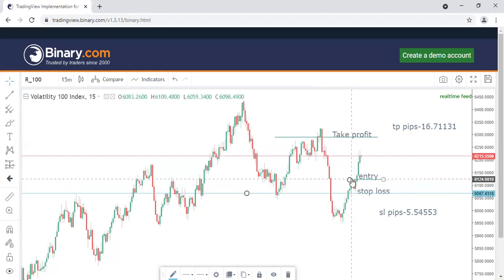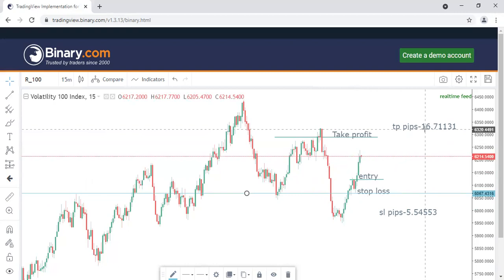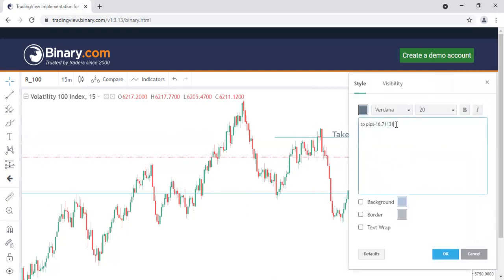All right. So now for the take profit, let's assume I want to leave the trade. The trade is going well, or you actually want to close in this place now. Let's first use the take profit. Our take profit pips is 16.71131. So what do we do? Since we are using the least lot size,